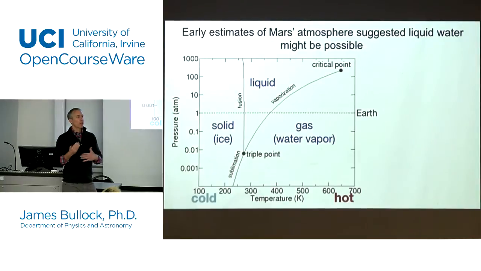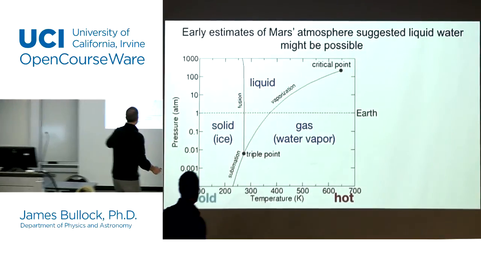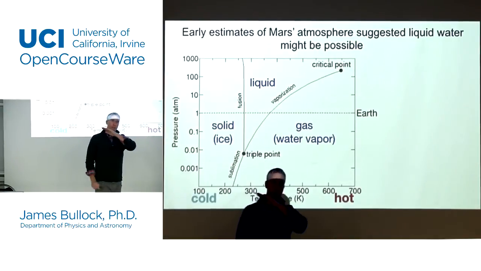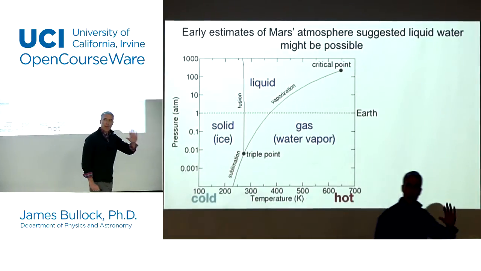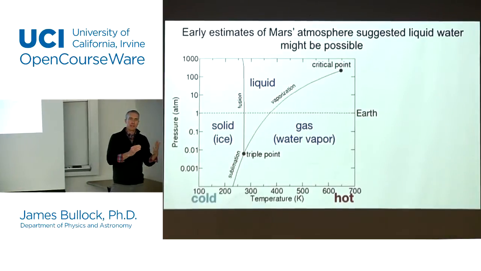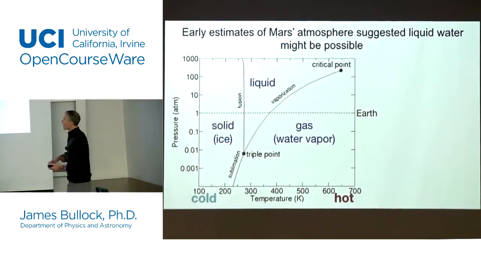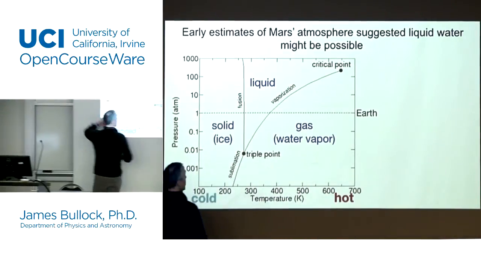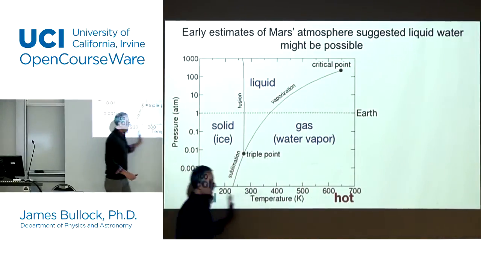We're used to thinking that when it gets cold, water freezes into ice. When it gets hot, ice melts, and when it gets really hot, the water turns into steam. But the fact that it only depends on temperature is true only if you have a fixed pressure. If your air pressure changes, then whether you're a solid, liquid, or gas changes as well. And so what you get are these so-called phase diagrams, where what you've plotted here is the pressure versus the temperature.